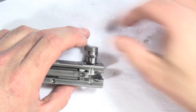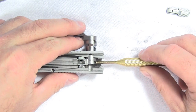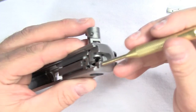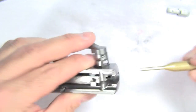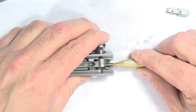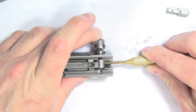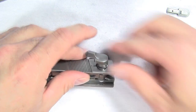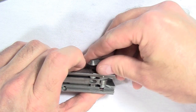We'll slide it in to where it touches the firing pin, which I know you can't see, but you can probably start to make it out through there. Depress that firing pin again with the brass punch just to get the safety lever past it, and then take the brass punch and push on the lever while we're trying to seat it, and then turn the lever to about that position,